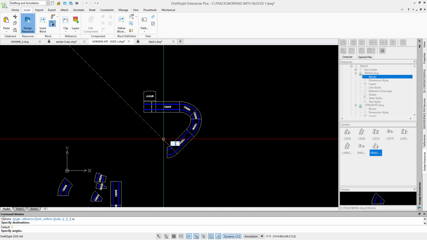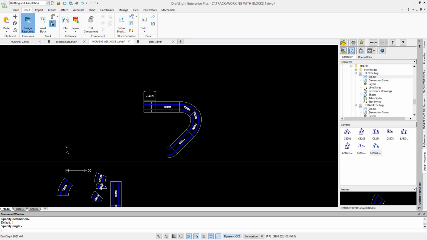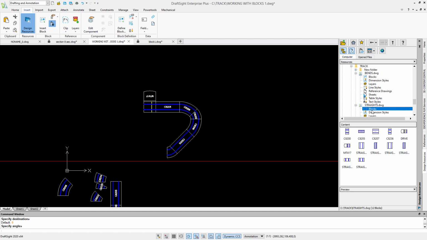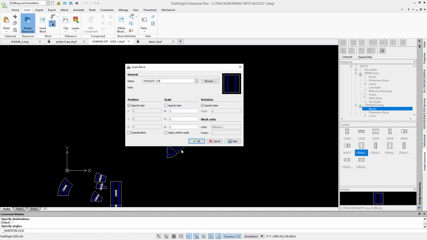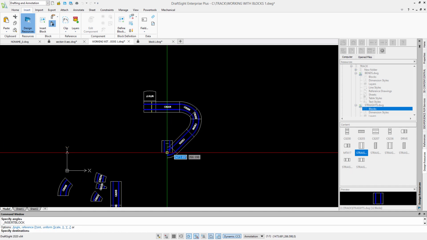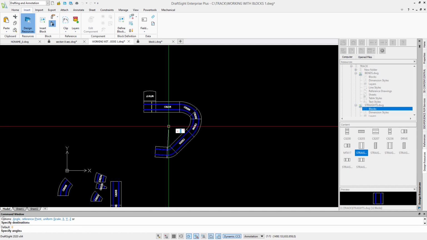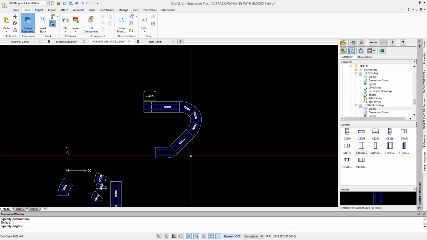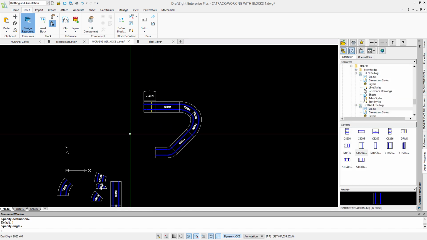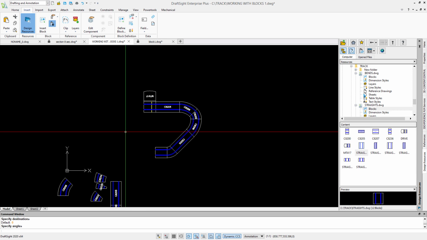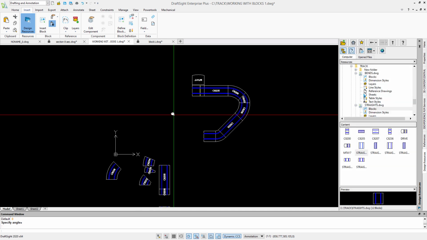This has slightly different insertion points attached to it, but you can see how we can navigate between the different items, choosing the different bends and straight sections and so on. I may have other drawings available to house other items. Maybe there's a crossover or a chicane or some other thing that we could put in here. But that's how we can use those blocks.